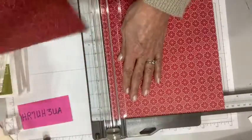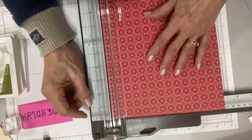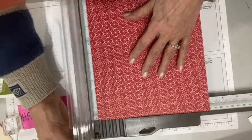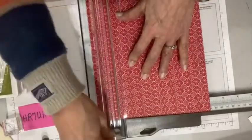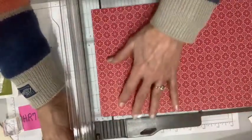And now I'm going to take this piece out. And while I have the short side in here, I'm going to use my scoring blade. And I'm going to score at 1 inch on the short side. And I can just bring that down right like so. I'm going to score. And then I'm going to turn it to the long side. And now I'm going to score again at,